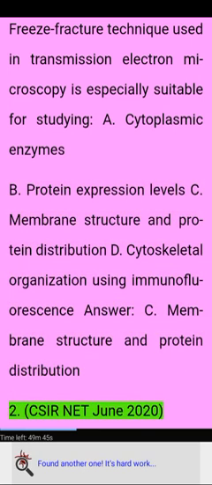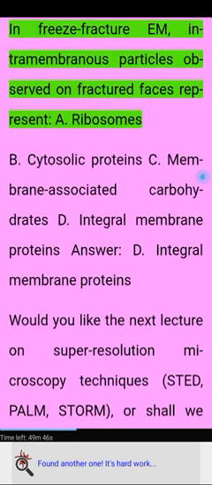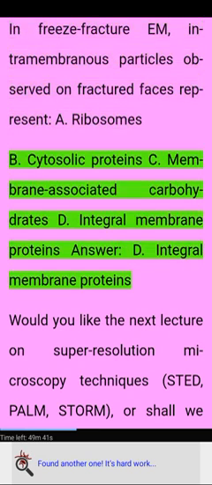2. CSIR NET June 2020. In freeze fracture EM, intramembranous particles observed on fractured faces represent: A. Ribosomes. B. Cytosolic proteins. C. Membrane associated carbohydrates. D. Integral membrane proteins. Answer: